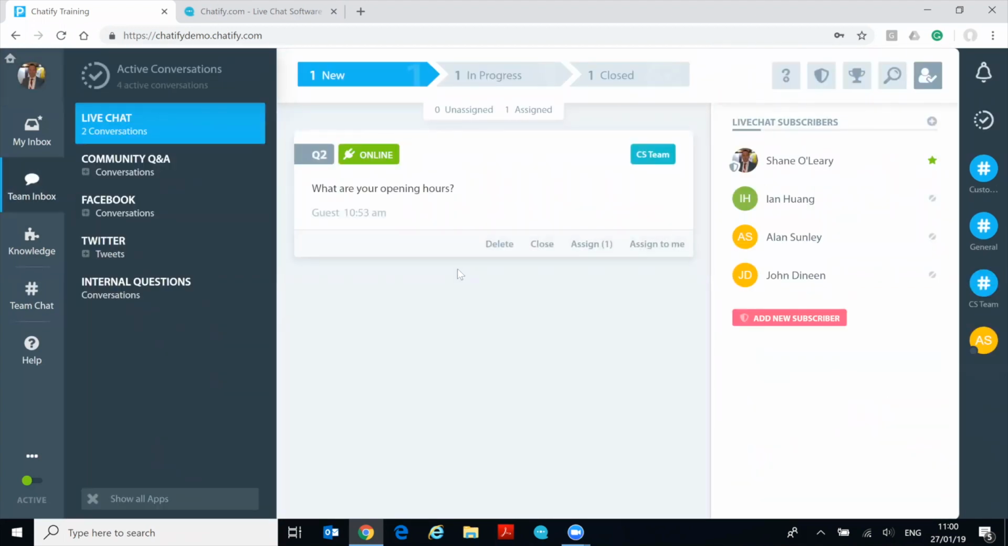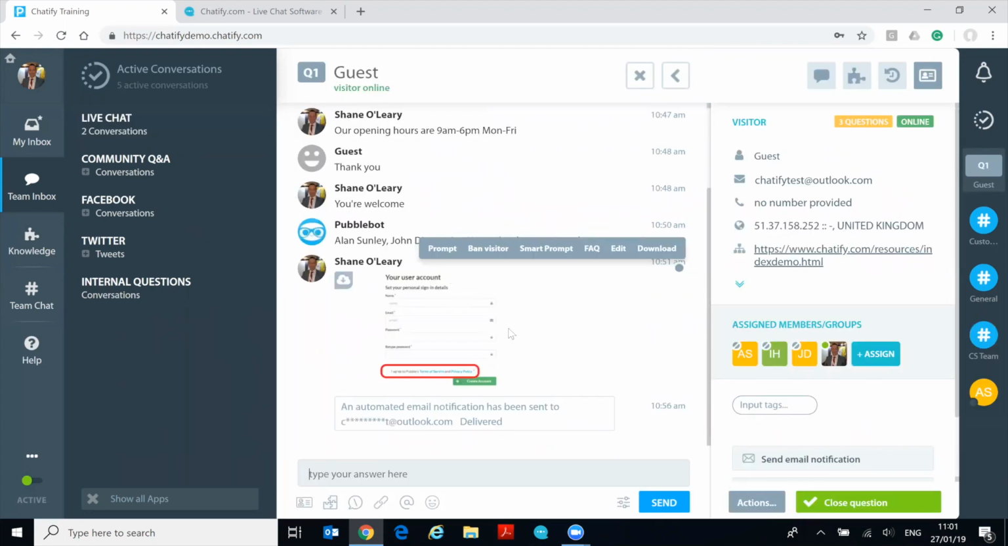Now, related to the knowledge base is what we call agent assist. So we want to assist the agent as much as possible when it comes to answering questions. So if we go back to this original question again, which is the one that I put the image into,